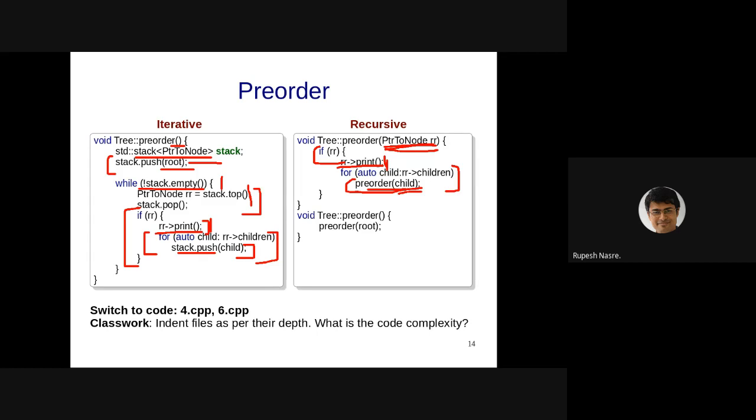In case of tail recursive code, that stack gets overwritten because it's the last instruction. The stack that you have already for the function can be reused for the next invocation, and that is what happens in tail recursive code. So anyway, keep that aside. Those of you who didn't understand it, ignore that. But in this case, even the absolute times will turn out to be very similar, assuming that the compiler has performed tail recursive optimization. Okay. So my question was that if I now allow indentation of files as per their depth, what is the time complexity of either the recursive or the iterative?